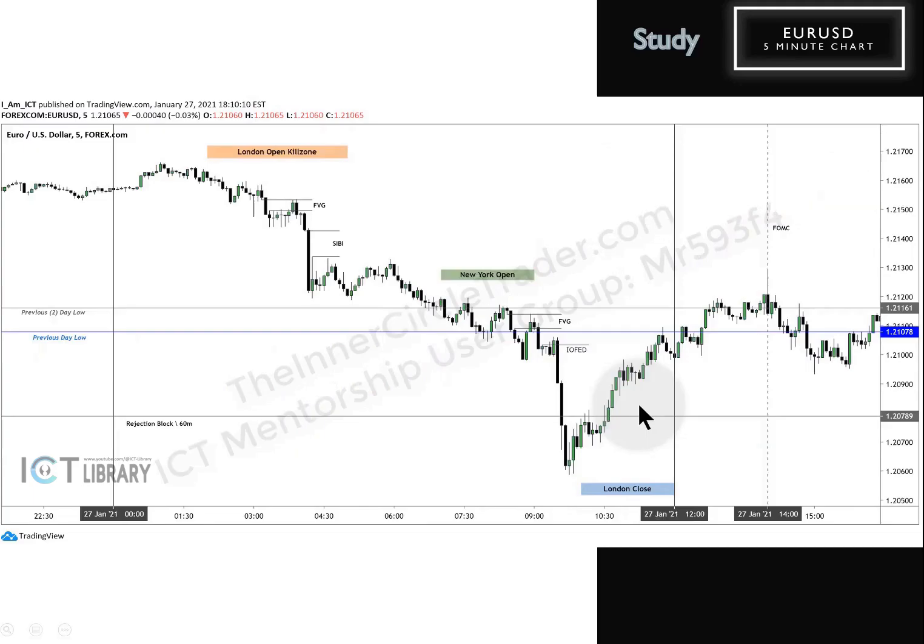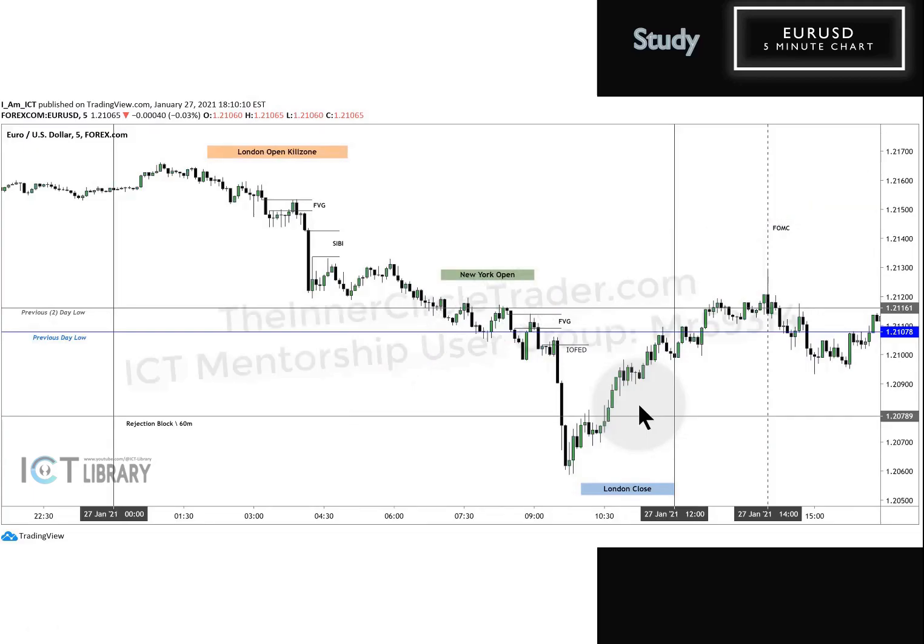Finally, moving into today for euro dollar. Here's the London open kill zone. Again, now this is when the market has already traded up, and we're looking for it to sell off because the dollar index is now bullish. The market trades off, creates a small little imbalance in here, a fair value gap, and trades up into that during London